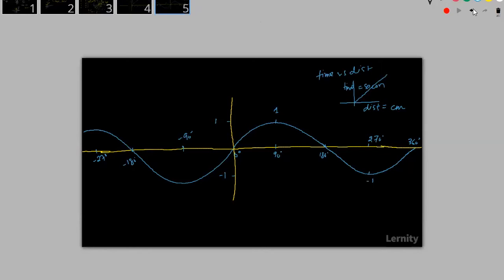The y values are 1, 2, 3, 4, because the output of sine is a number, but the input of sine is in angles. So here I can write 90, 180, 270, and so on, or I can write 0, pi by 2, pi, 3 pi by 2, 2 pi, and minus pi by 2, minus pi, minus 3 pi by 2, and so on. If I want to write in radians, I can, but because I want to explain, I am writing in angles. Here it is radian, so I am writing in radian.